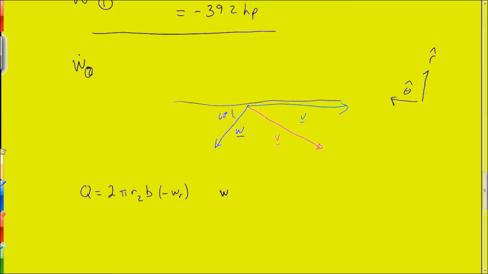So that means that W_R is equal to minus Q over 2 pi R2 B, which from before was, let's see, 20 cubic feet per second. Divide that by 2. Divide that by pi. R2 is 2 feet, so we divide by that. And B was, what was it? It was about 0.08, 0.08 something or other. So let me see here. I think I have it stored. Whoops, no, I don't have it stored there. Yes, I did have it stored there. So I get, sorry about that, I get minus 19.30